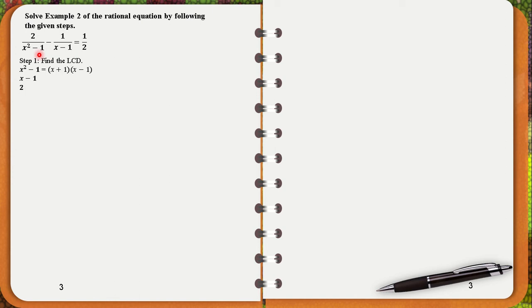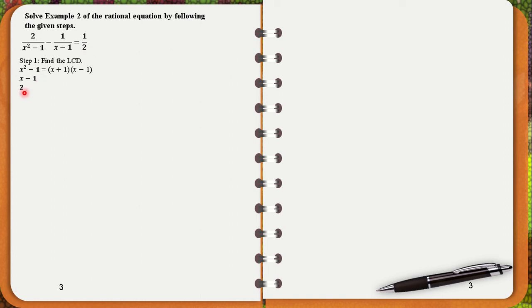So, kukunin natin yung mga denominators. The denominator of the first fraction is x squared minus 1. Gaya ng mga naunang example natin, this is a difference of two squares, so ang factors niya ay sum and difference of two terms. The factors of x squared minus 1 are quantity x plus 1 and quantity x minus 1. Yung denominator ng second fraction natin ay x minus 1 at ang denominator ng fraction na nasa right side of